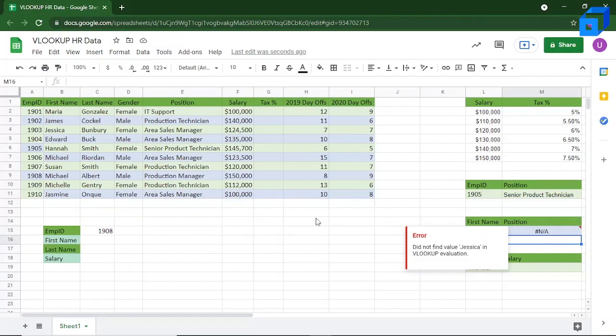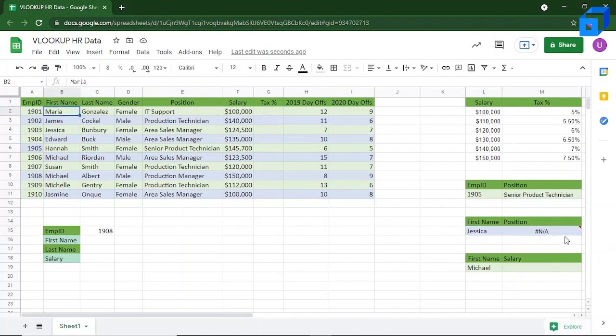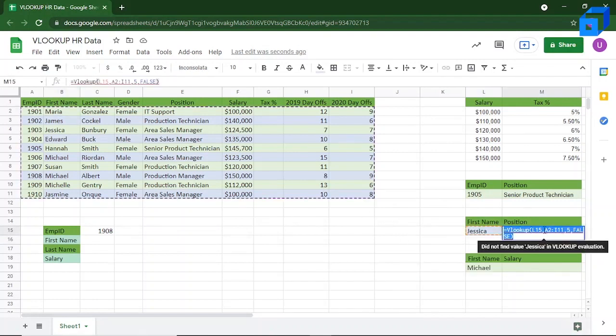Now that is because the column which we are searching for is the second column, and the range which we have selected, like you can see over here, is the whole of the table. So always remember that the VLOOKUP function looks for values towards the right of the selected column. So any range which is selected towards the left of the selected column will not be available in the VLOOKUP function.